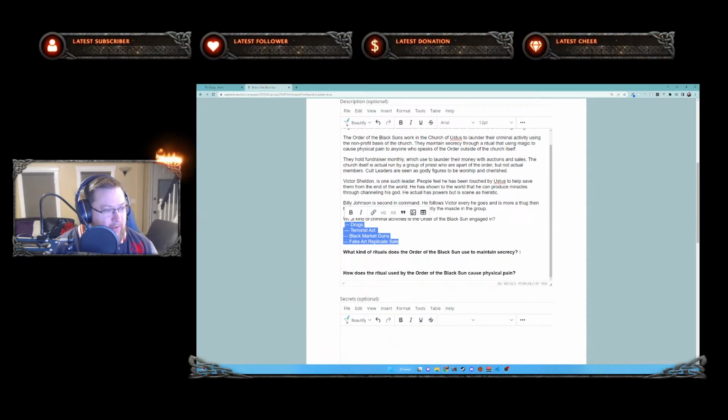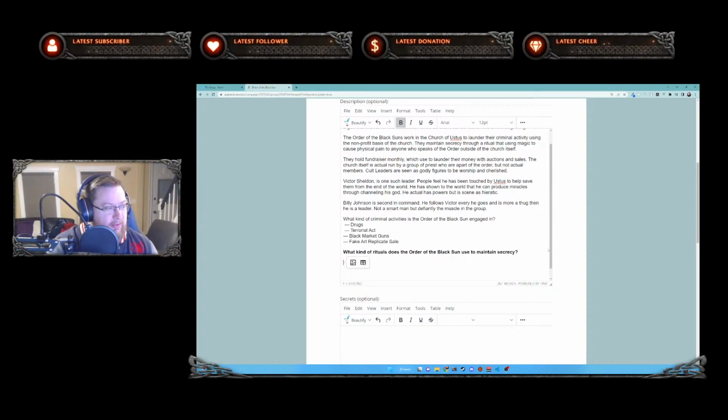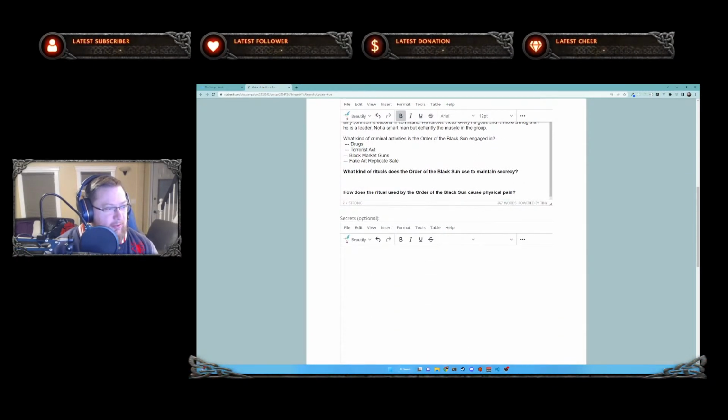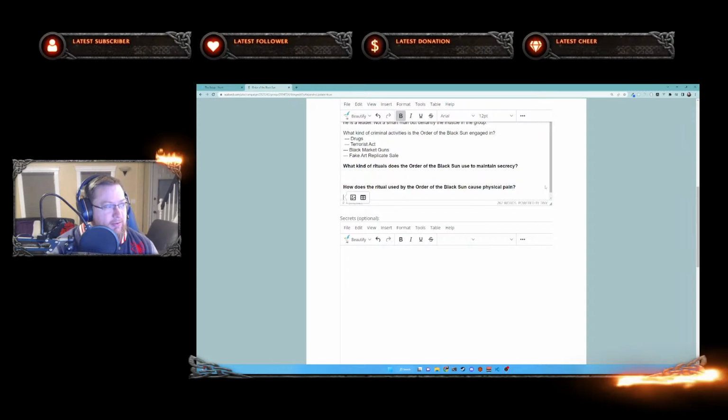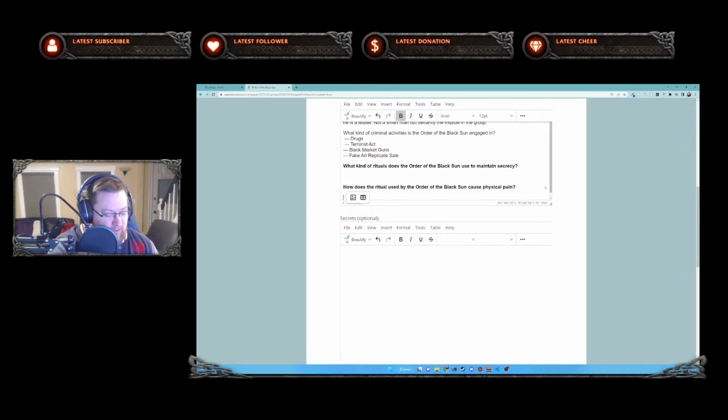What kind of rituals do they do to maintain secrecy? Let's drop down to this one. How does the ritual used by the Black Orders work? So they actually get a tattoo. Three people. They actually get a tattoo that